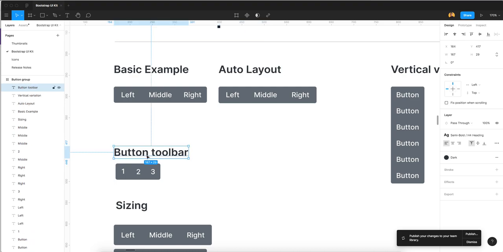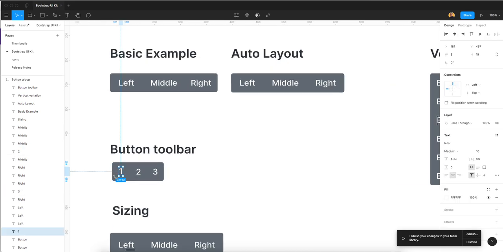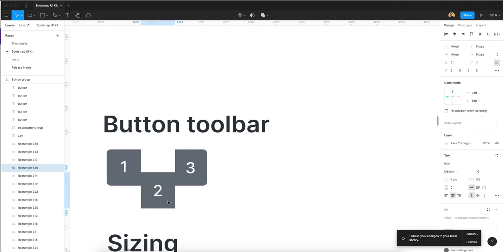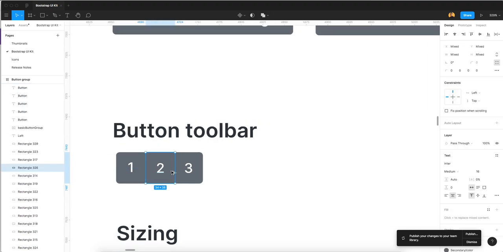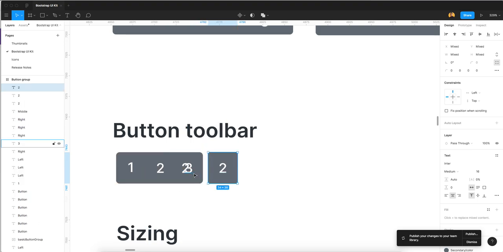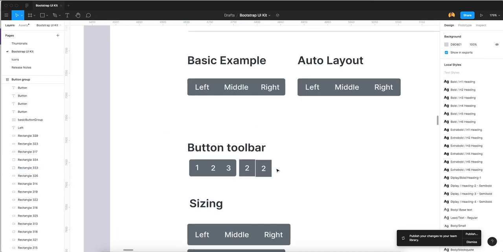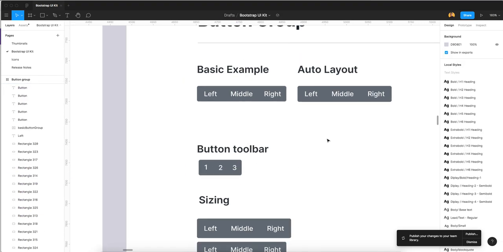there is also a button toolbar available here. So for this I created a simple design of this and this. If I want to extend this to 3 and 4 and 5, I need to duplicate it and change it again and again. It will be too hard work for us. So we are creating it one time as layouts that will help us to create easily.